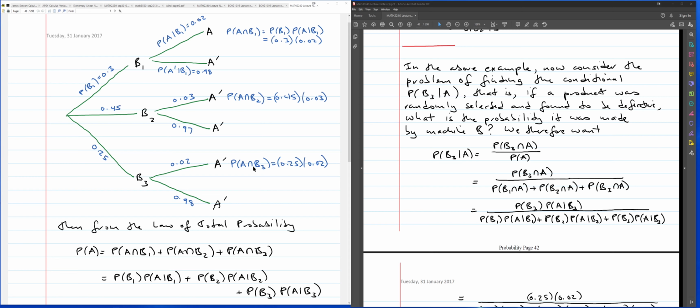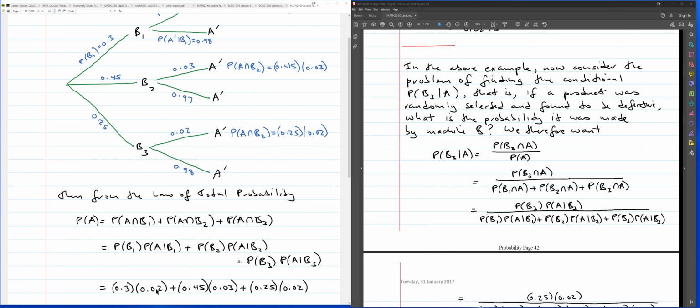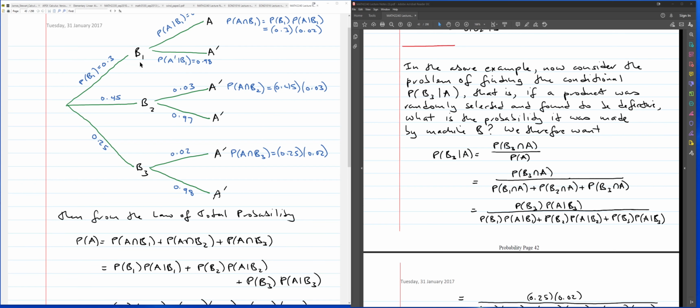So the probability of defective consists of defective and made by machine B1, plus defective and made by machine B2, and defective and made by machine B3. That's how you get the probability of defective. Probability of defective is the sum of those three cases, and each case is a product of the edges here. What we want is probability of defective,